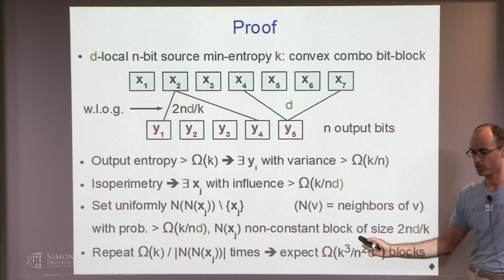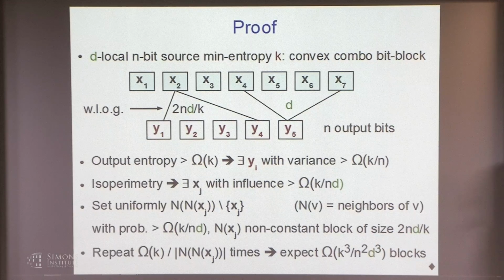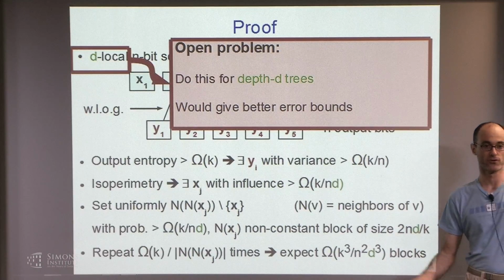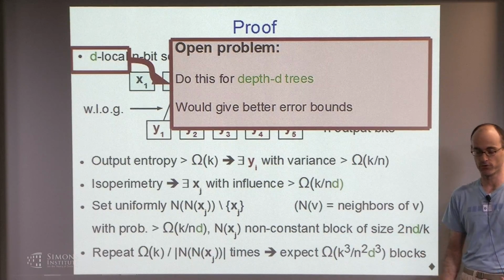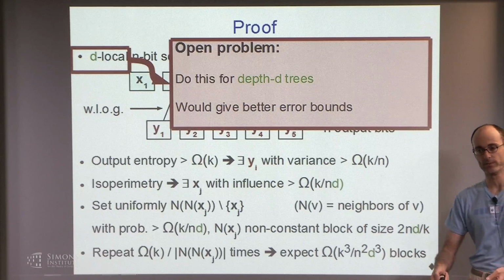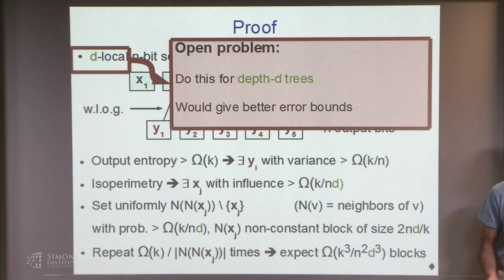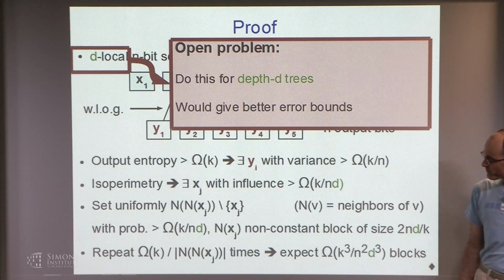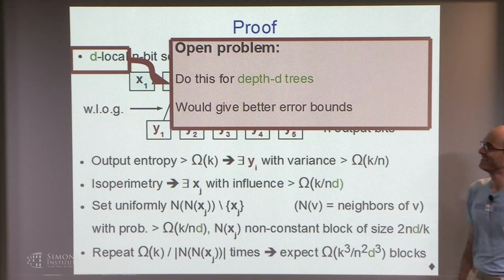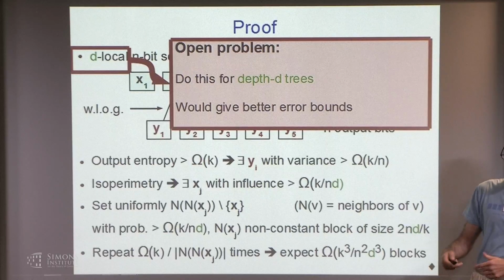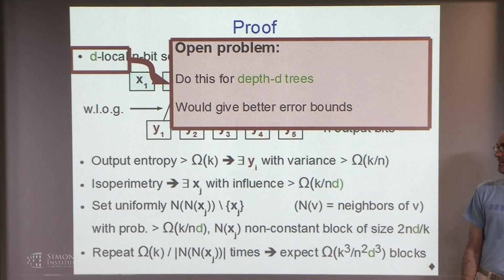Okay, so this bound is worse than the one that I had before, but you can change things a bit. Okay? So one question that I like very much is do this for trees. Okay? So this thing is true for decision trees. So it is true if you use the switch lemma. You can actually hit the tree with the switch lemma and make it local. But that gives you much worse bounds, okay, in terms of error. And this is, okay. Is it true that a d-depth tree source can be decomposed in this way?